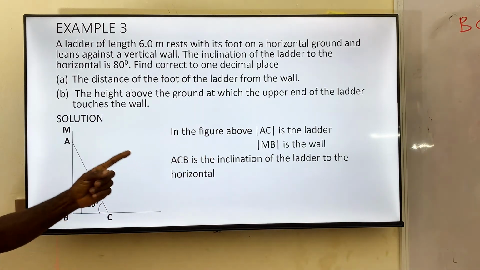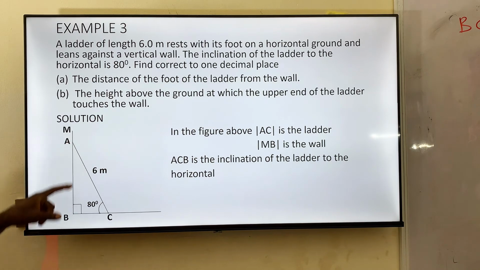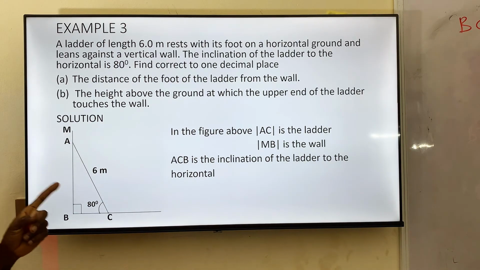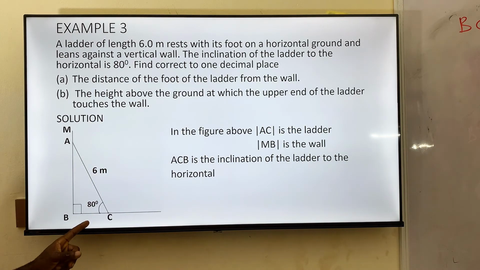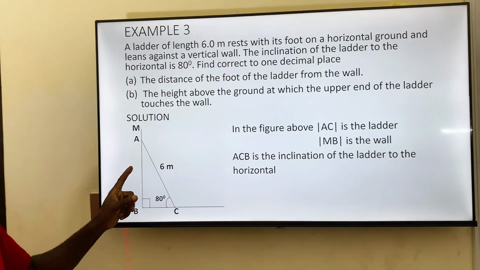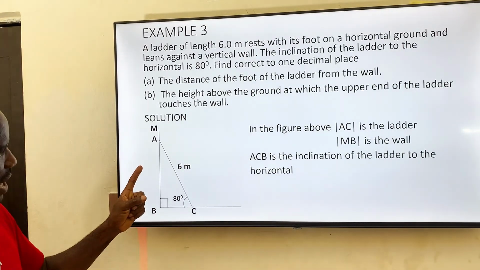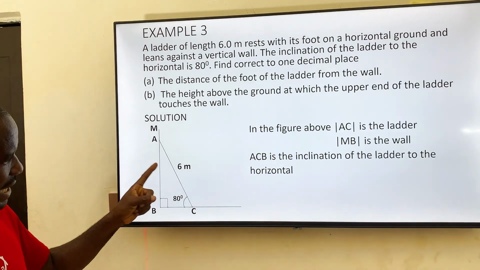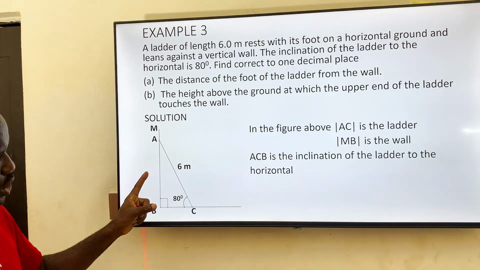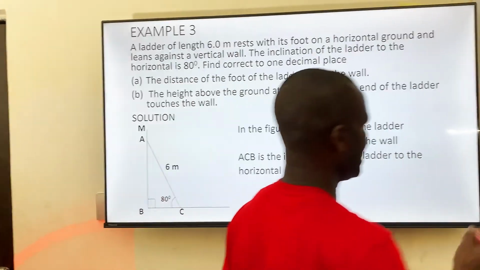end of the ladder touches the wall, meaning we are calculating AB. How do we derive AB? There are 2 ways to derive AB. Is that we use Pythagoras theorem, because we've been given 2 sides. We've been given 1 and 6. We can easily calculate this. Or we use the sine rule. The sine rule, meaning if we are looking at AB and the hypotenuse, that is opposite all over hypotenuse. That gives us sine. In this case, AB